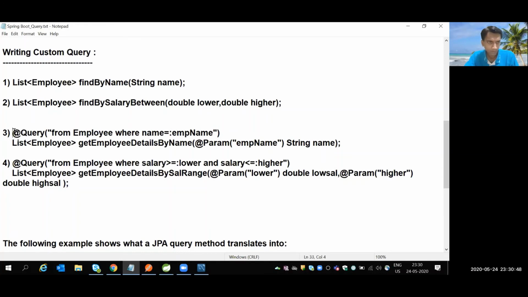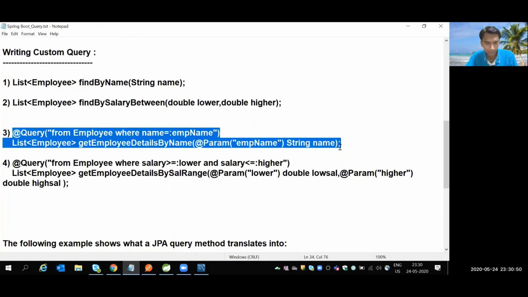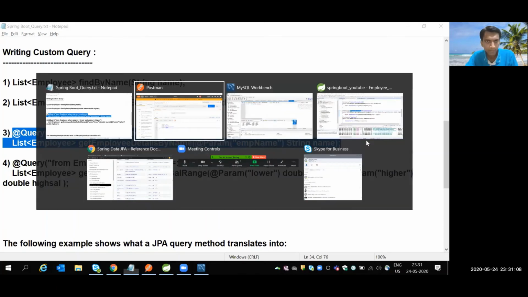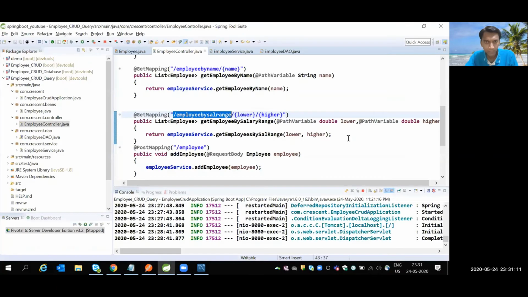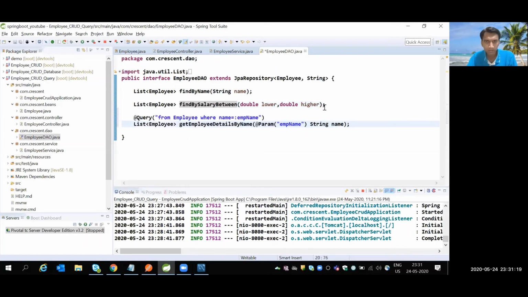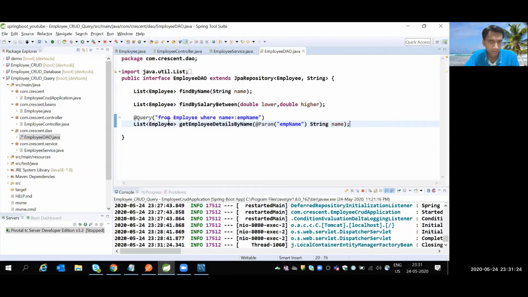So let's try this query now, @Query and @Param. Same query we saw initially, find by name. Instead of find by name, I'm writing my own query, getEmployeeDetailsByName. So let's move to the project and change according to this method.